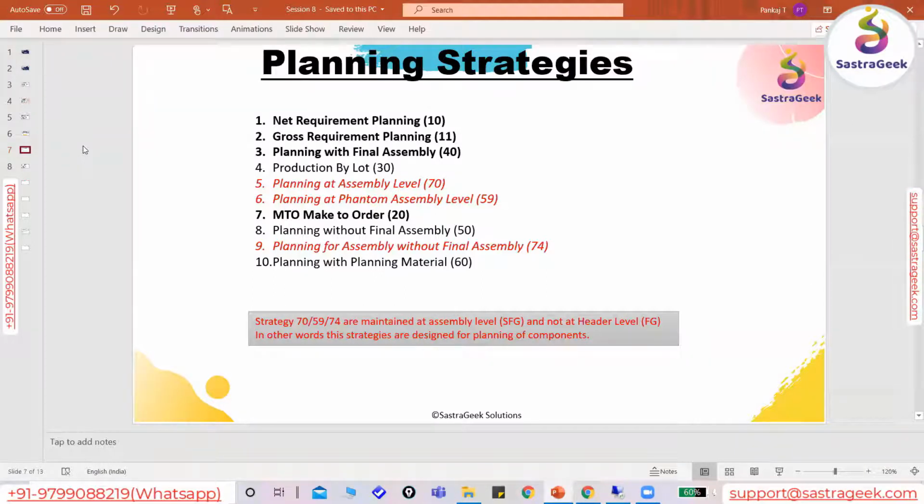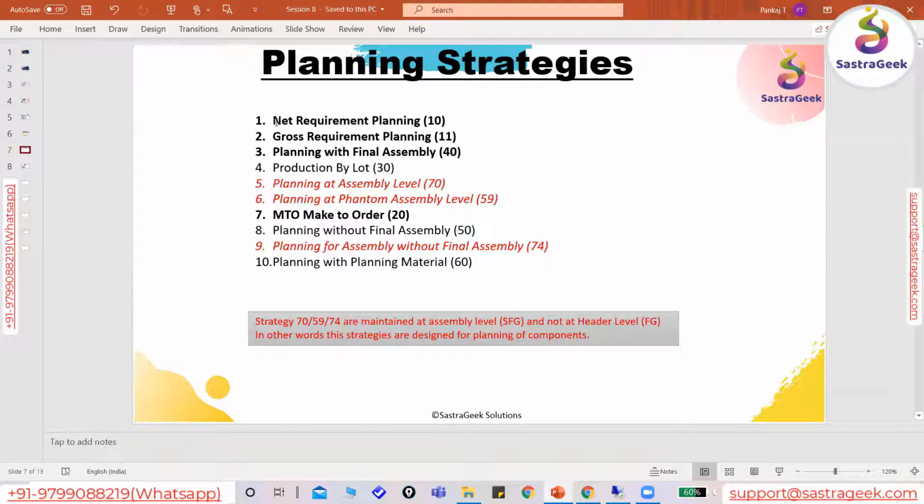Although we can definitely go into the system and configure our own planning strategy based on the business requirement, most of the time what I've seen is that the business requirements during planning will be fulfilled by one of the standard planning strategies. We can also change the standard planning strategy and work that way.